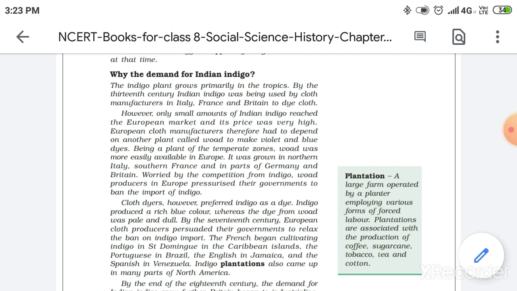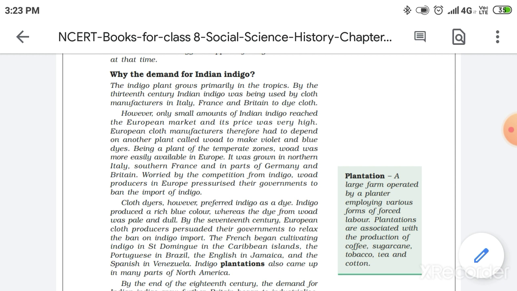Now, as indigo was a rich color and woad was not that rich, European traders, weavers and merchants started to pressurize their governments to ban indigo in Europe, so that they won't face that high competition. So merchants and weavers of most European countries started to pressurize their own governments to please ban indigo. That is why Europe banned indigo at that time. But in the 17th century, this ban on indigo from outer countries got gradually abolished.